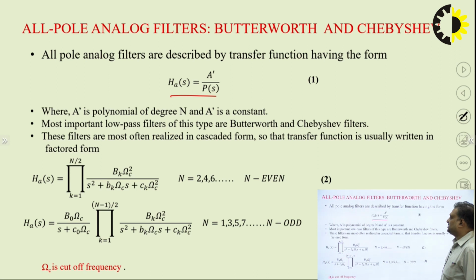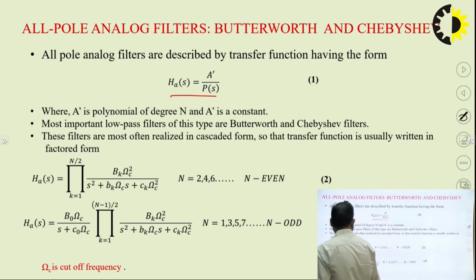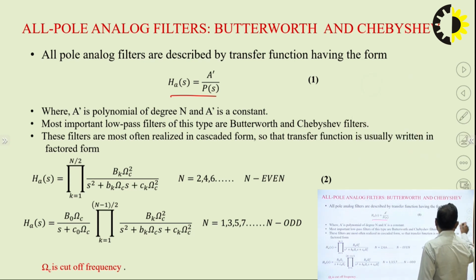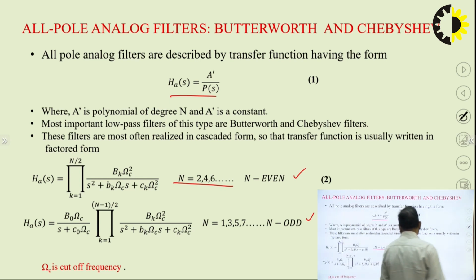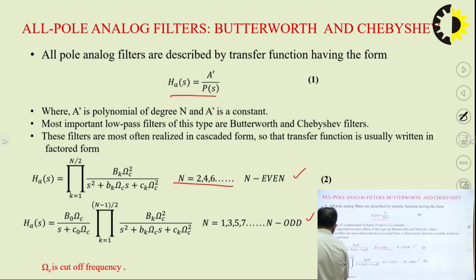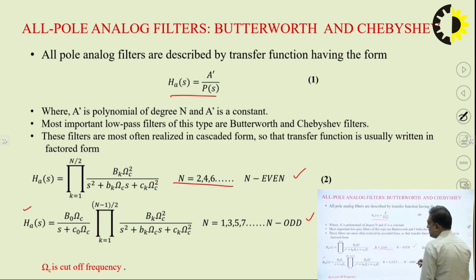Now if we see specifically, we can write down the analog filter transfer function like these two expressions, equation 2 and equation 3. Okay. So equation 2 is H(s) equals the product for k equals 1 to n/2 of B_k Ωc² upon s² plus b_k Ωc s plus c_k Ωc². This formula is used when the values of n are even, like 2, 4, 6, 8, 10 and so on, and these other expressions are for when the filter order is 1, 3, 5, 7,